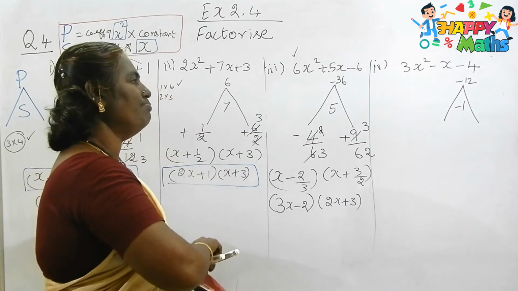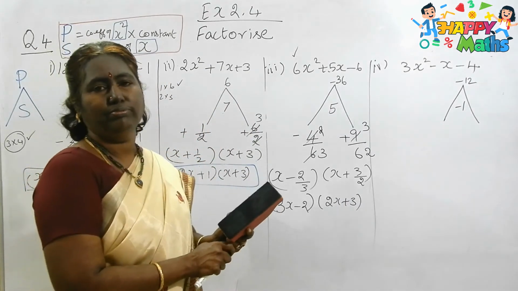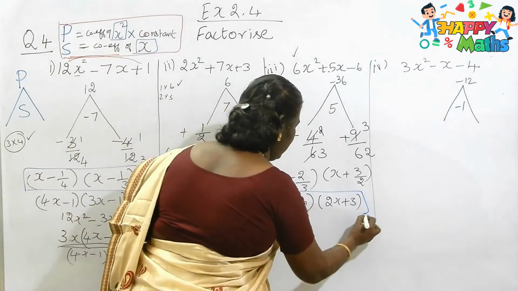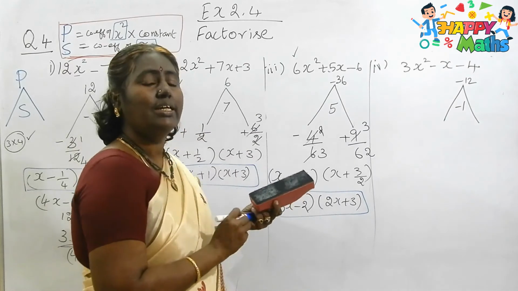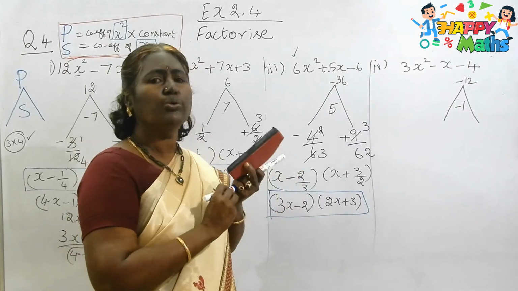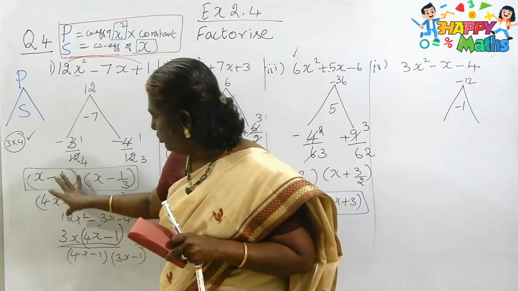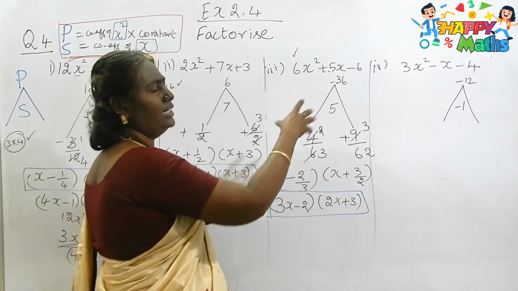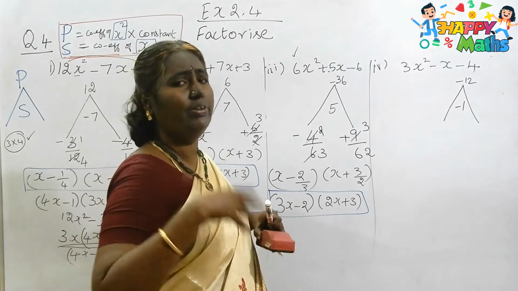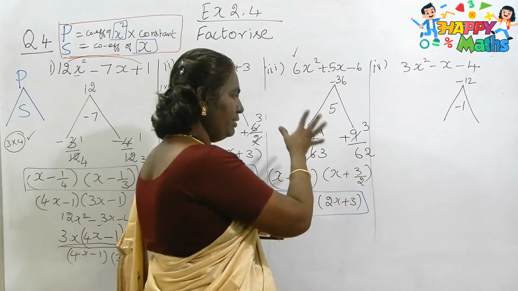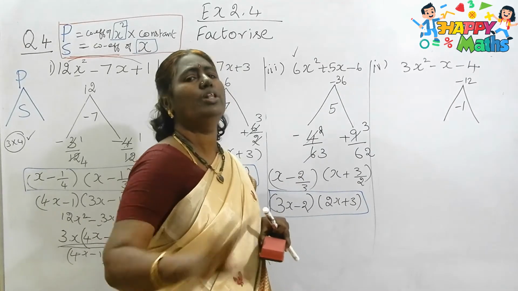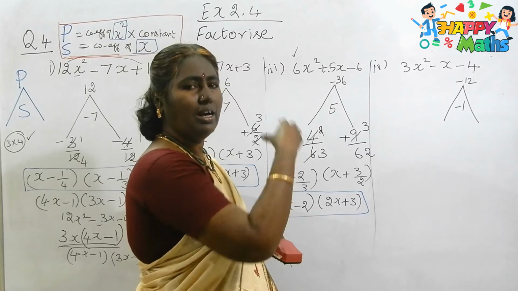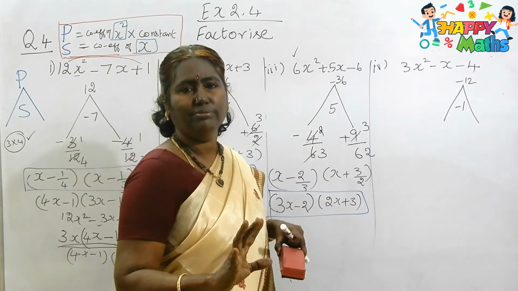So simply we found out the factors now. Yes or no, children? Can you agree with me now? This is a very easy method of finding out factors. When you go to higher classes, you can't spend a lot of time doing all these things. You can just guess the number and write it so quickly and move off. Even in competitive exams. But this method is acceptable for all the syllabus, so you need not worry about it. So learn this method. At least for verification it will be useful.